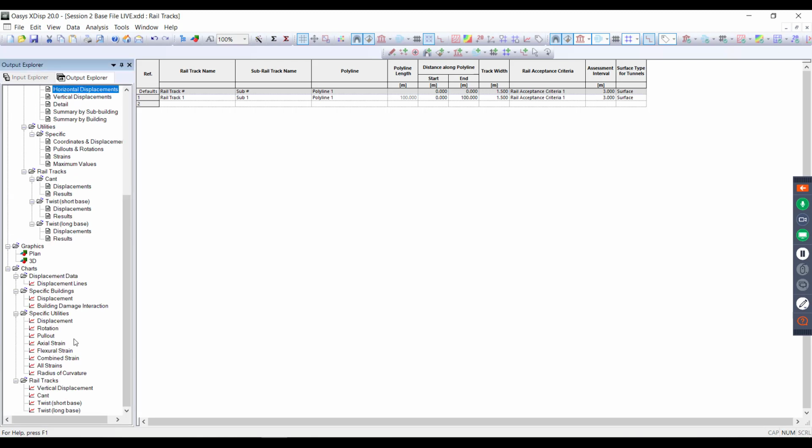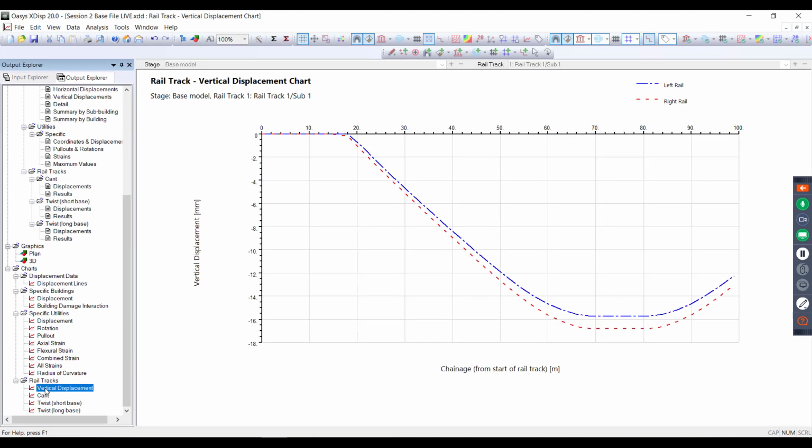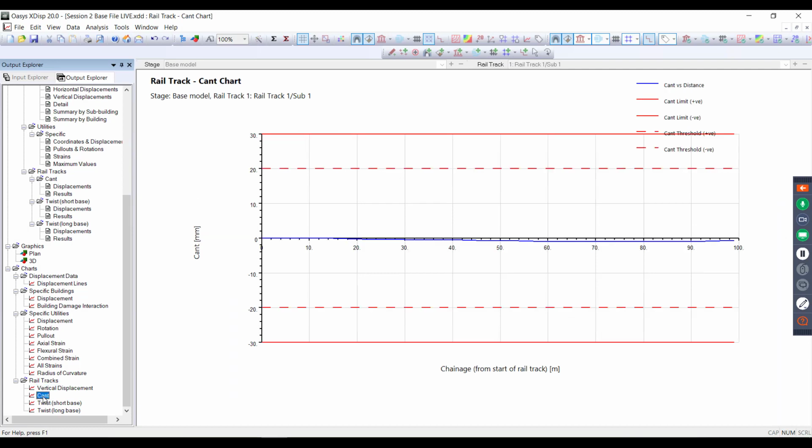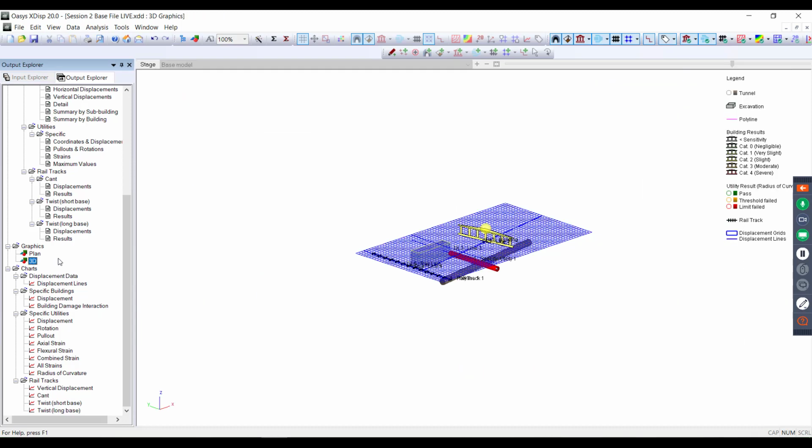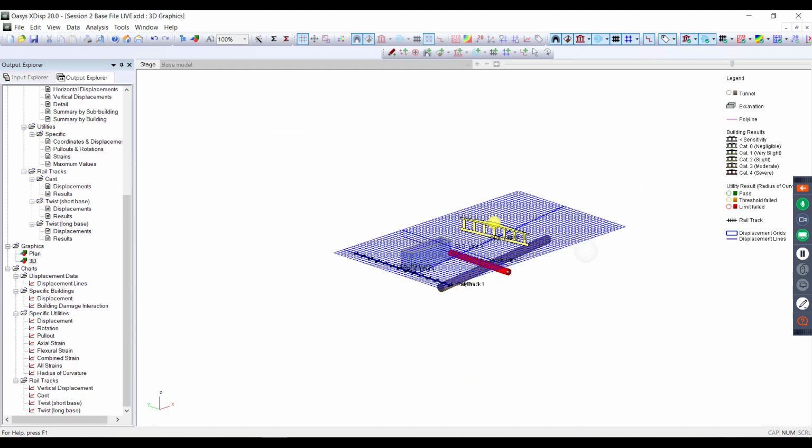Super. And as you can see, we've got rail track assessments as well. So vertical displacements for the left and right rail. We've got cant, which is really not too bad. And we've got twist, which is near 0. So that's fine. The only thing I would like to say is that when it comes to rail damage assessment, if you look at this rail here,